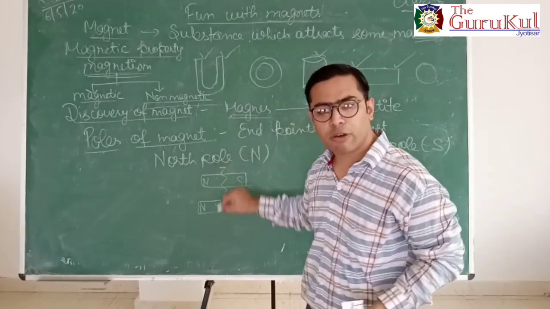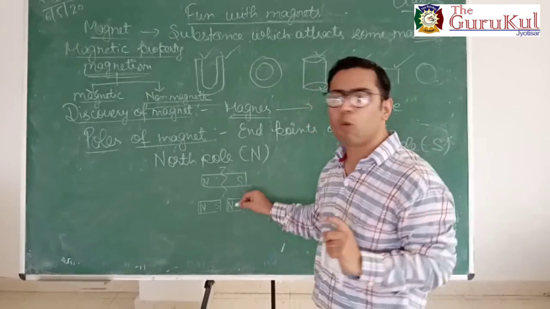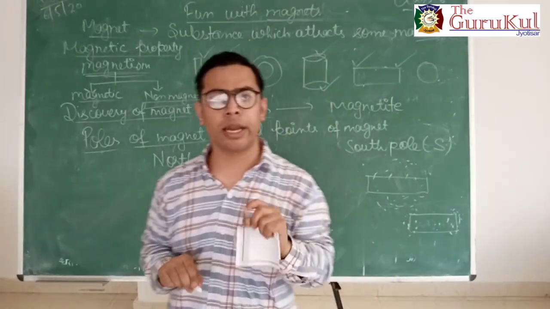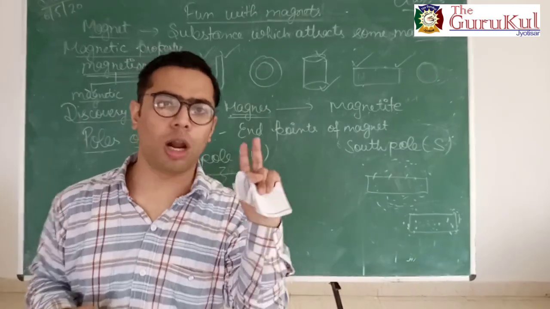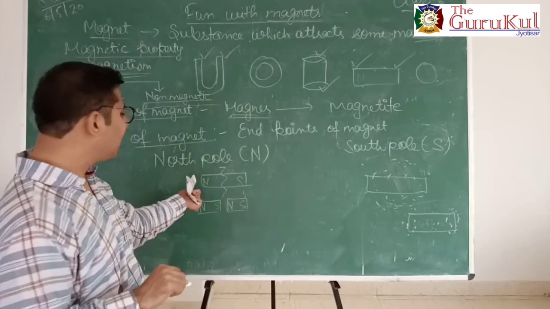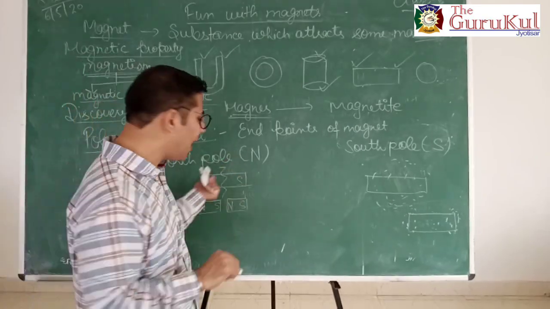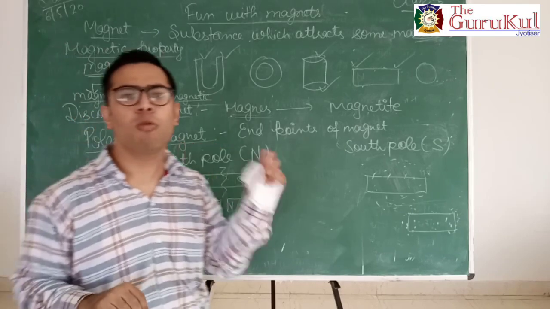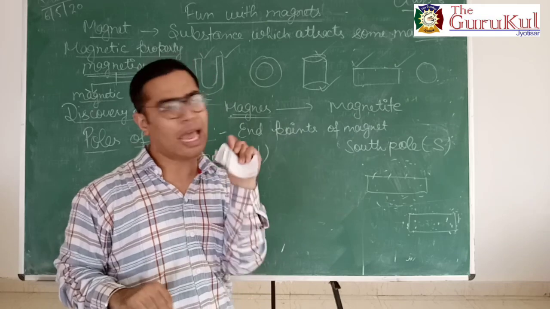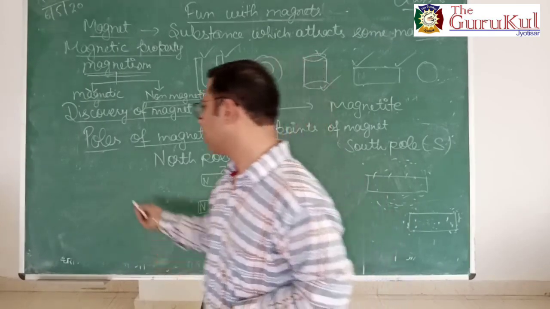So by this you are trying to understand that whenever you break the magnet into small pieces, then what happens? The poles arrange themselves. So on every magnet there are two poles. The poles always exist in pairs. You will never find a magnet with a single pole, either N or S. Understand? So the poles always and always exist in pairs. No matter how much you break the magnet, even a small magnet always has two poles, north pole and south pole.